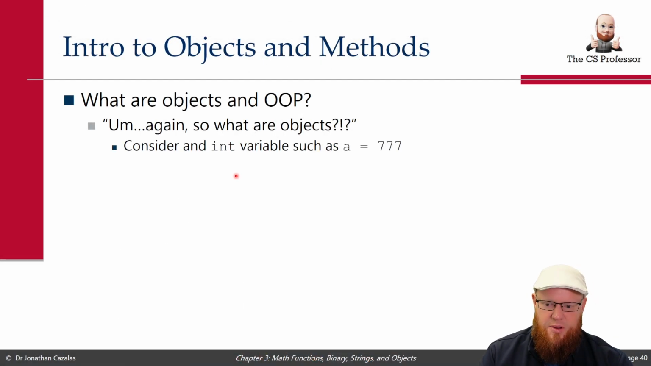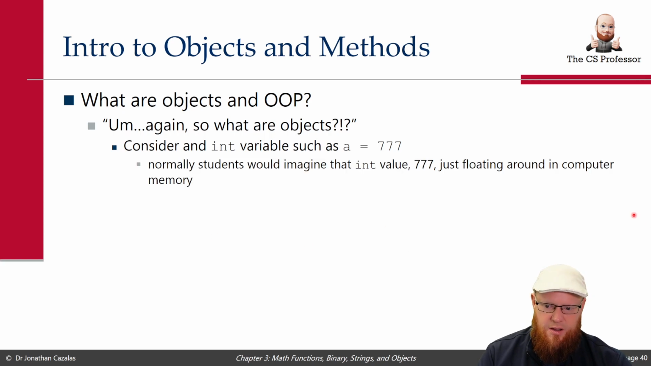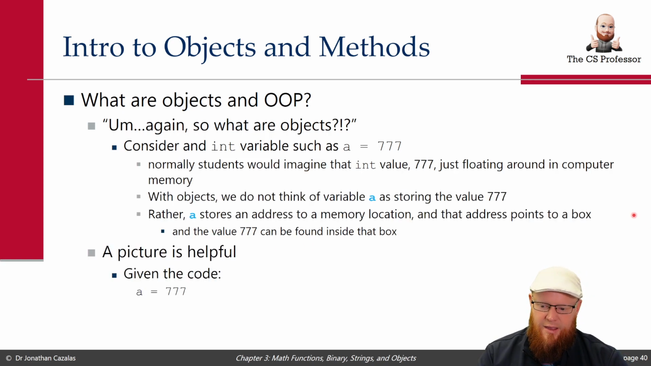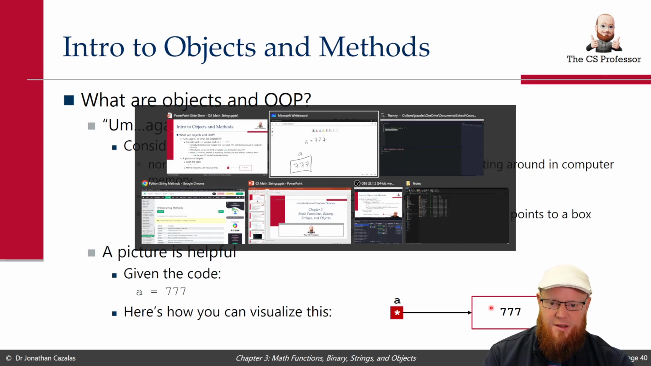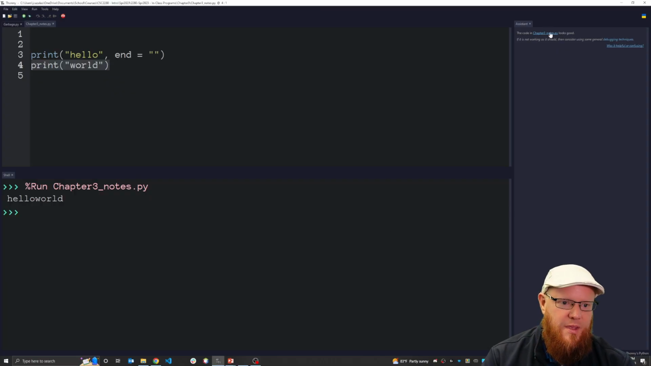What's actually happening is that A is really storing an address. And what's inside A is an address that points over to the object in memory, and that object in memory has the value 777 inside of it. Let me show you this in Thonny. So in Thonny,